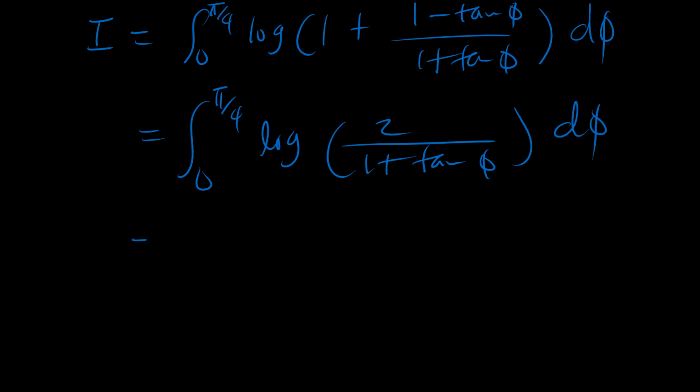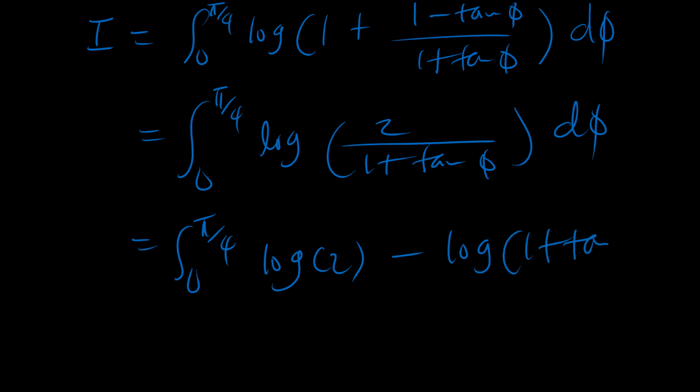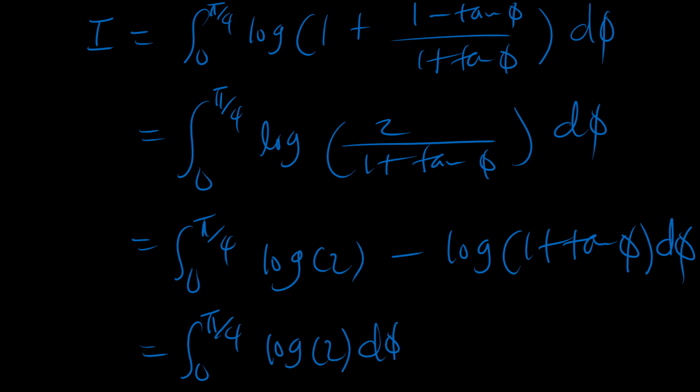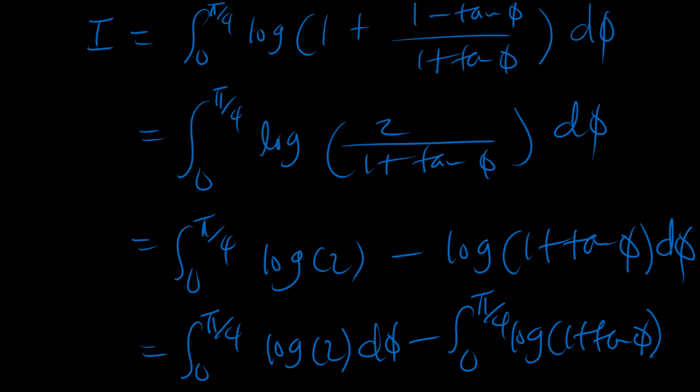Using the rules of logarithm, this is the integral from 0 to pi over 4 of natural logarithm of 2 minus natural logarithm of 1 plus tan phi d phi, so it becomes the integral from 0 to pi over 4 of log 2 d phi minus the integral from 0 to pi over 4 of log of 1 plus tangent of phi d phi,